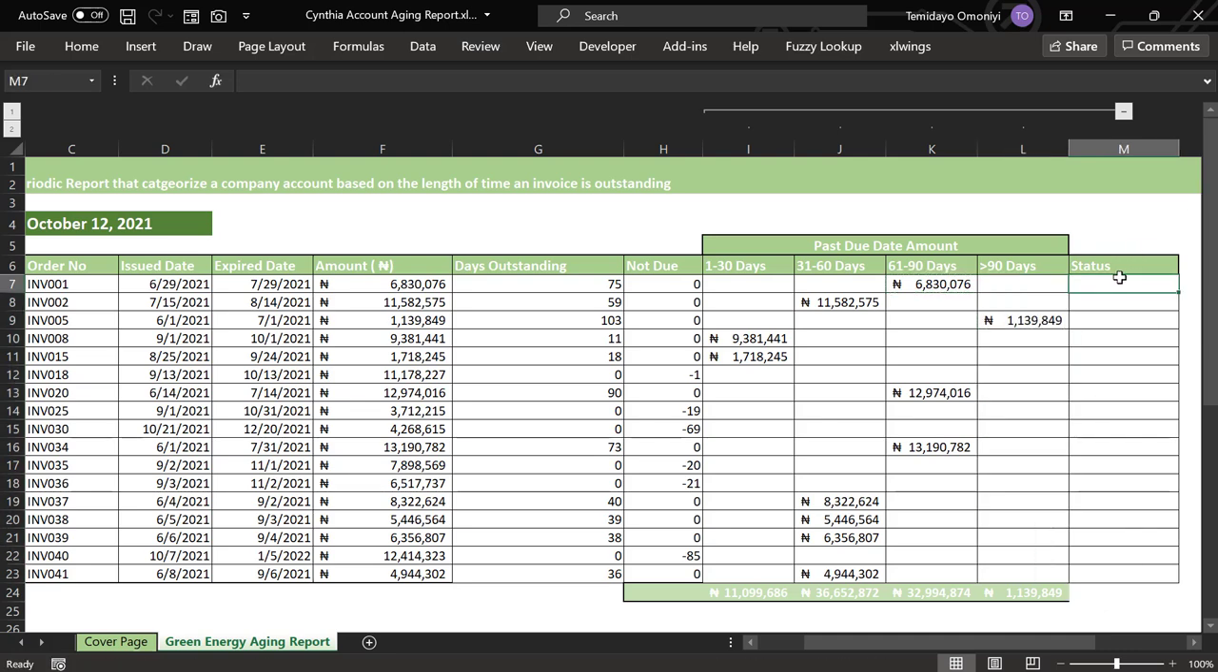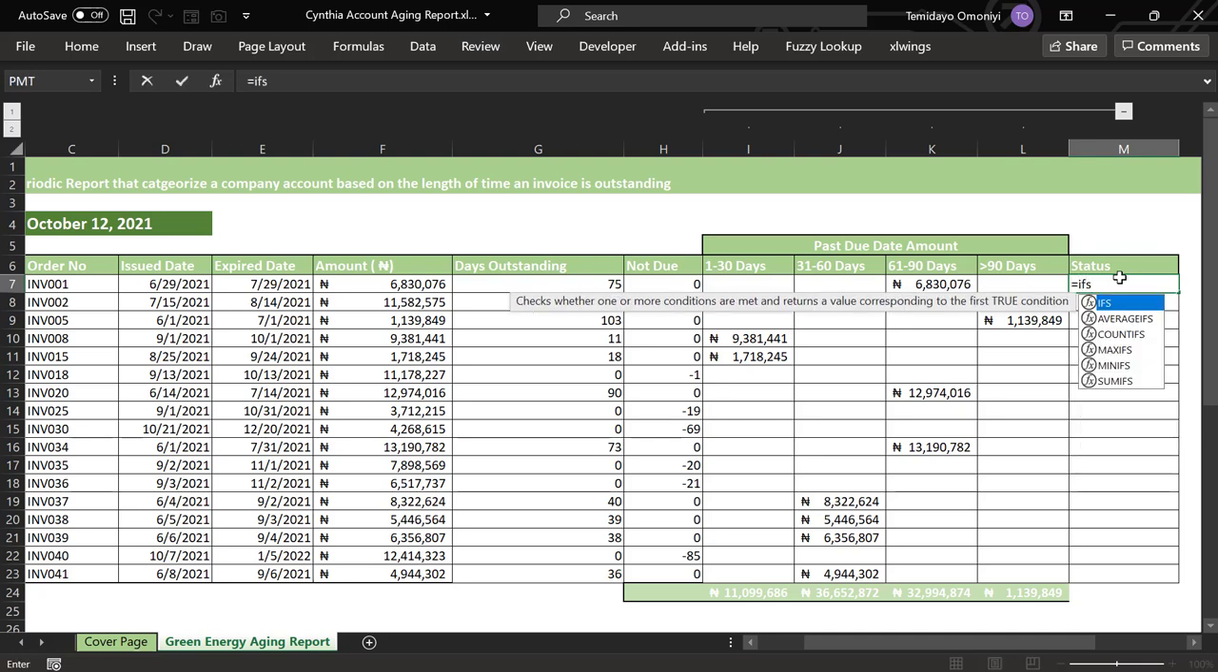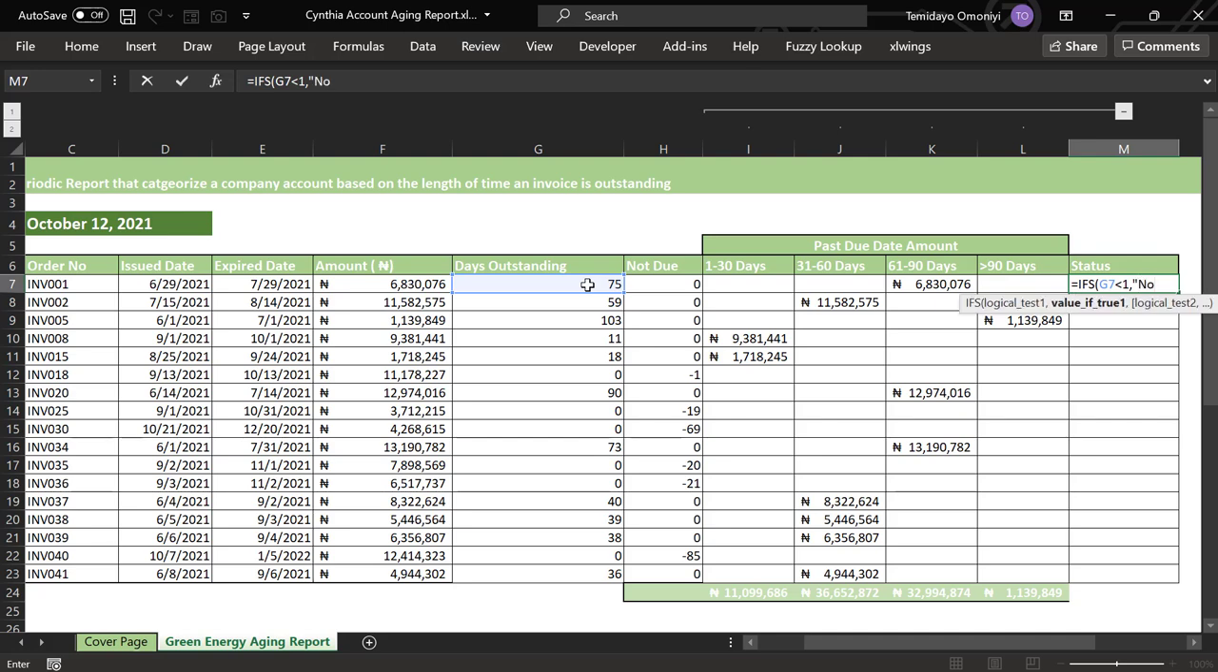So let me now put the status. This time I'll use the IFS statement. I'll use the IFS for the status. So if this is less than 1, return "not due". Else if